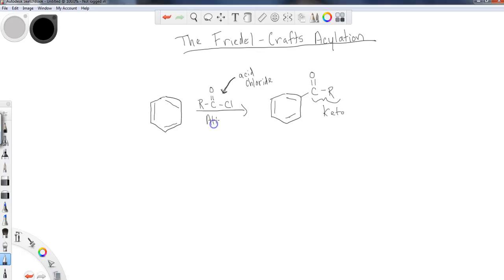And the acid chloride is very reactive because this chlorine makes a great leaving group. So we will also use AlCl3 to help with our coordination. So the same generalized process is going to occur at the beginning here, which is I will take my acid chloride, and the chlorine group is going to coordinate with the Lewis acid, right? The aluminum trichloride. This would be partially positive, partially negative. This is going to go and create AlCl4 with the minus charge. And then this also creates an acyl cation,